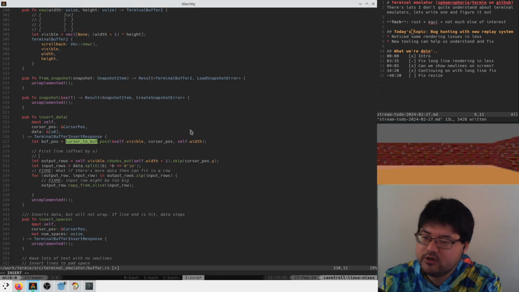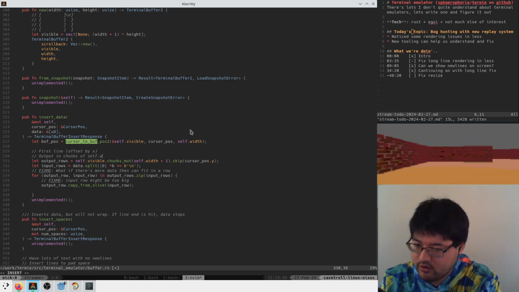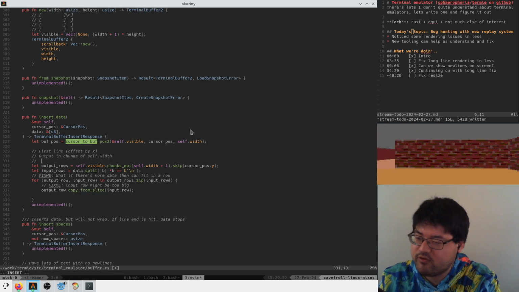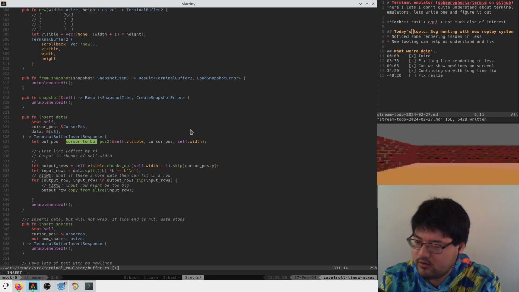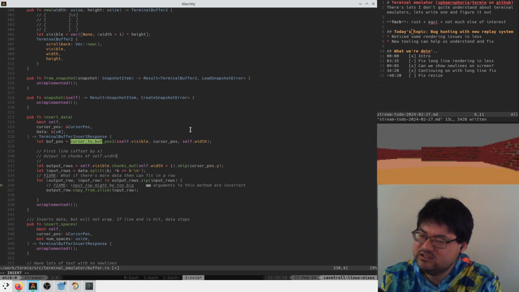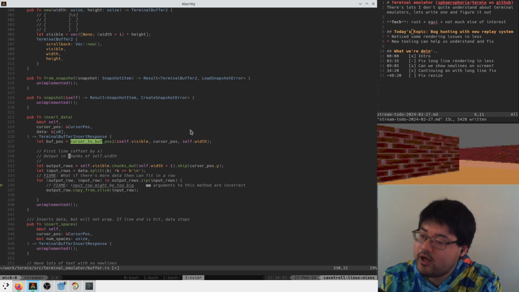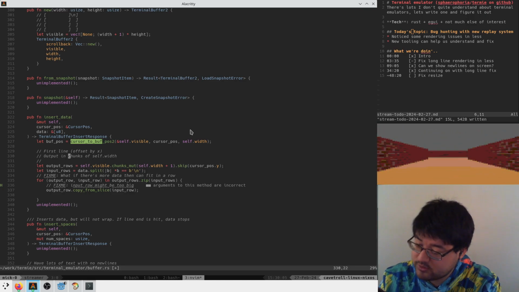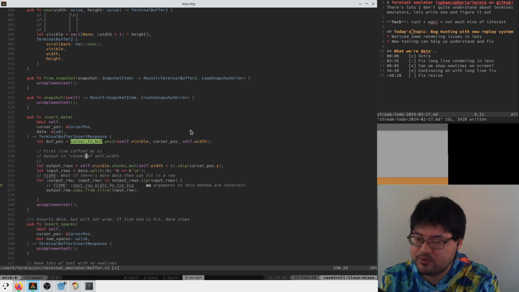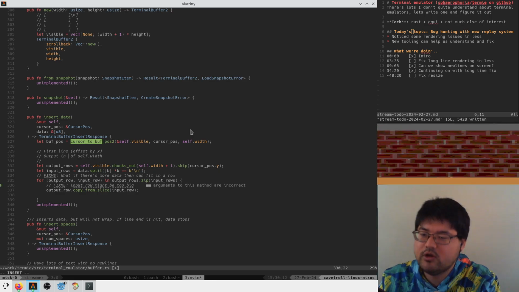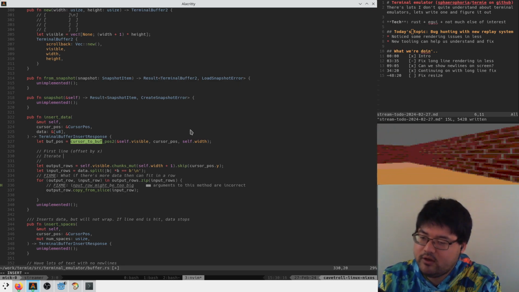Then we want to handle output in chunks of self.width. Not in chunks, we want to do for each start of the line. So I'll just put chunks in quotes here. Say iterate